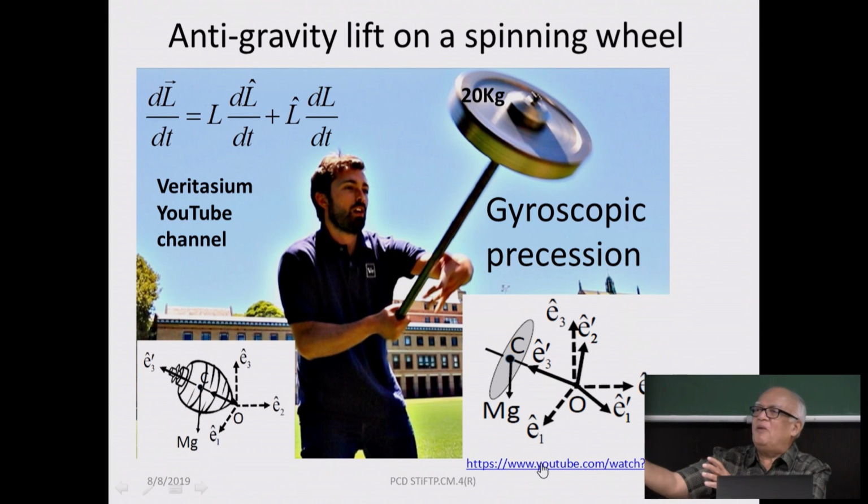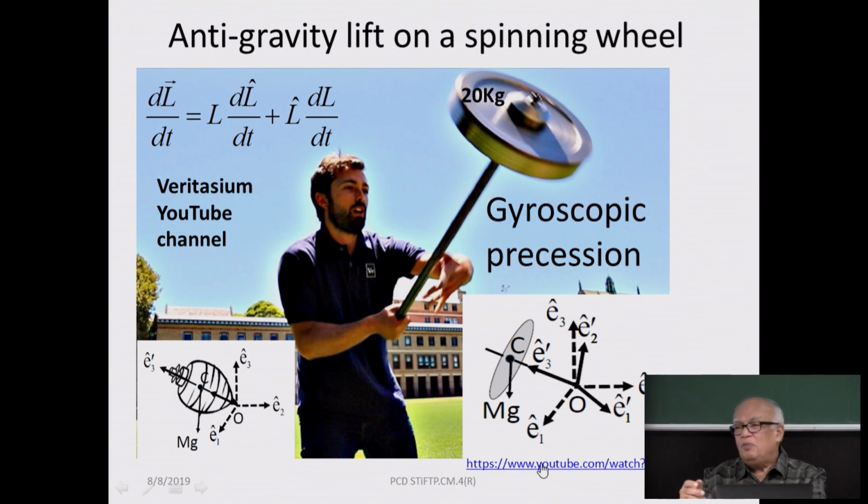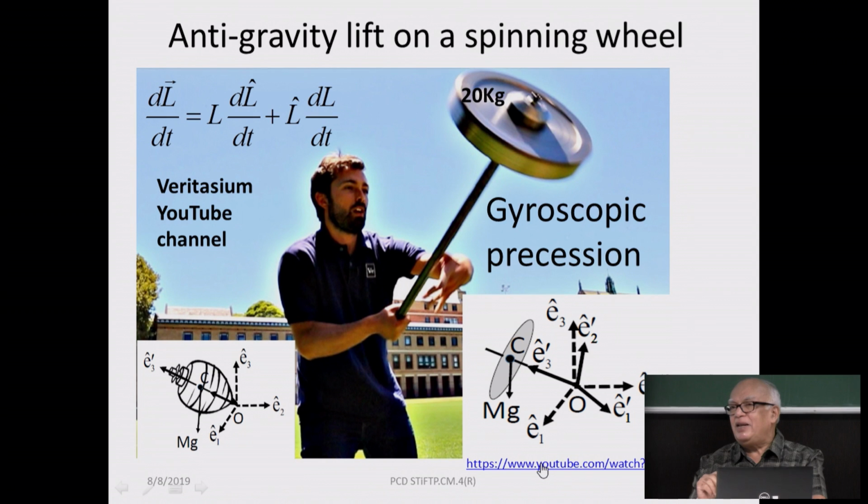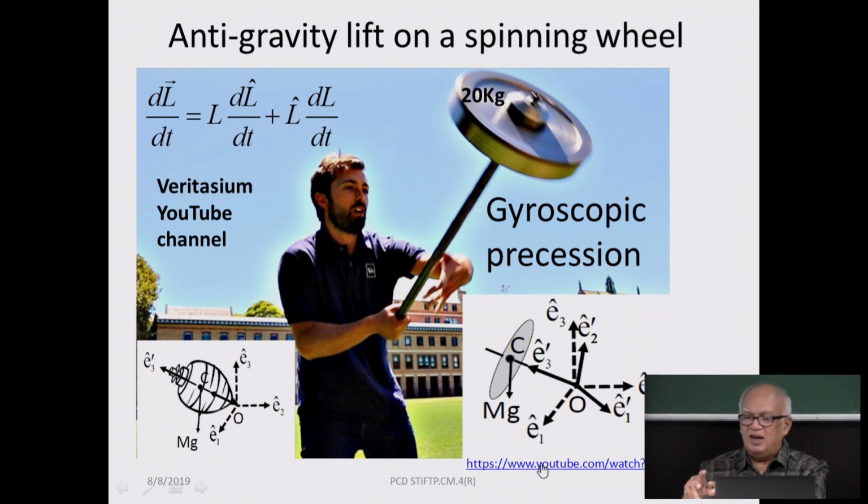And here is a 20 kilo mass, it's a wheel, and he's holding it so easily. He won't be able to do it if the mass was not spinning. But when it is spinning, if you set it into rotation, and the YouTube video shows how his friend comes and imparts a spin on this wheel, and once that spin is imparted, then you can see that